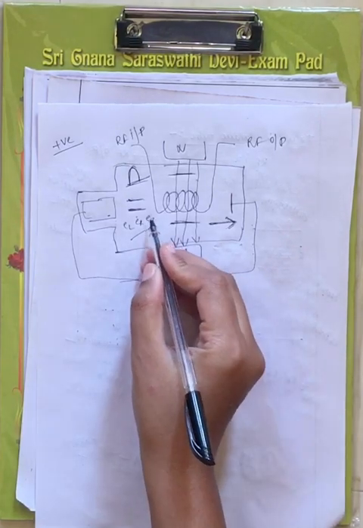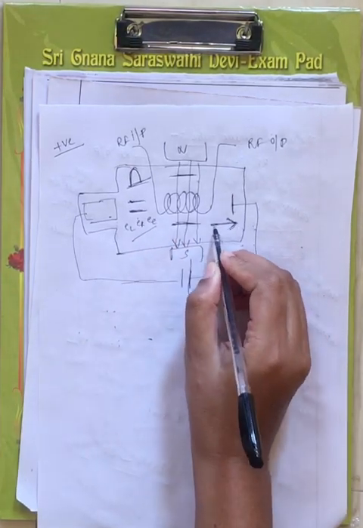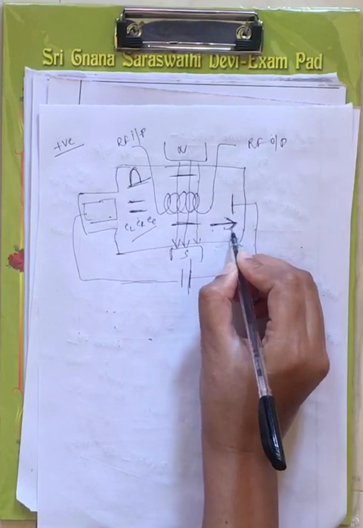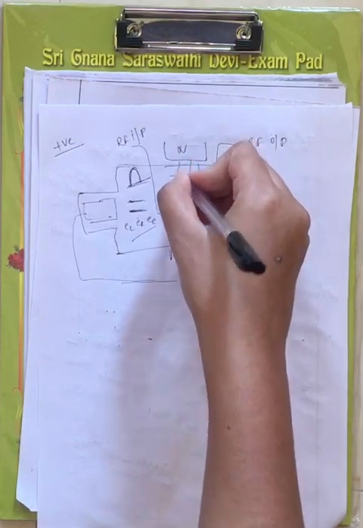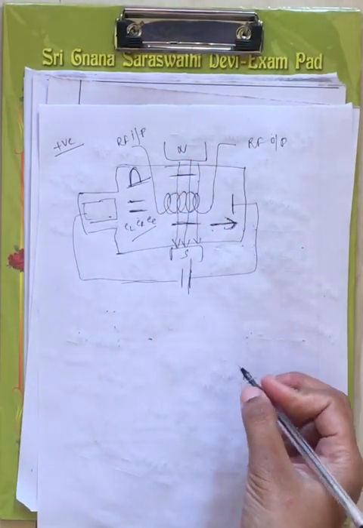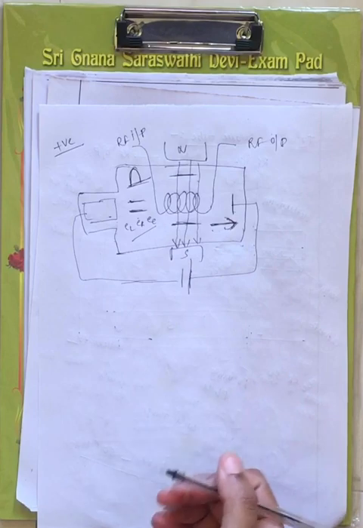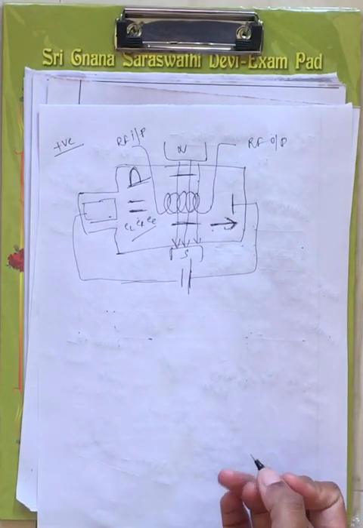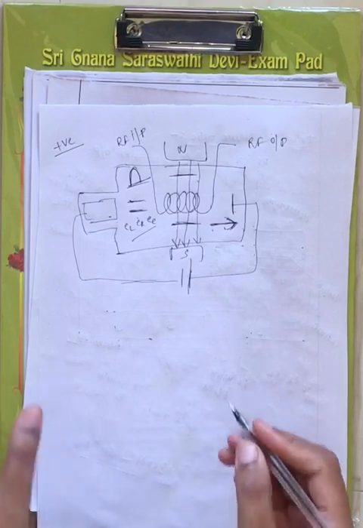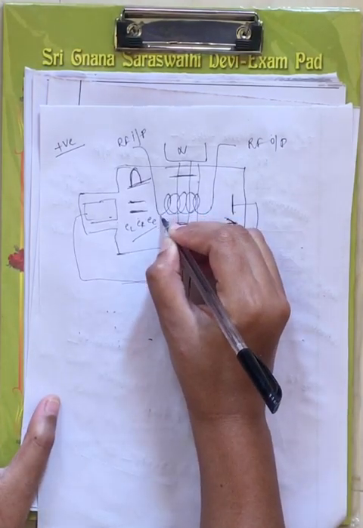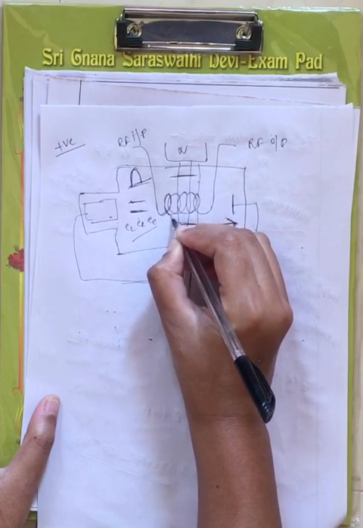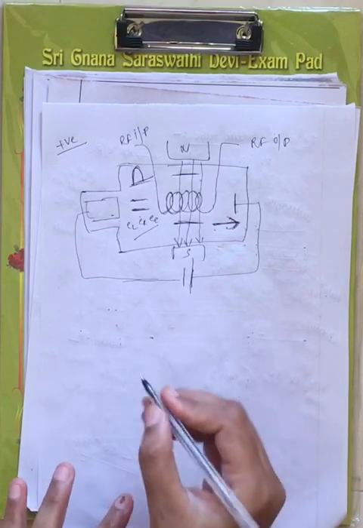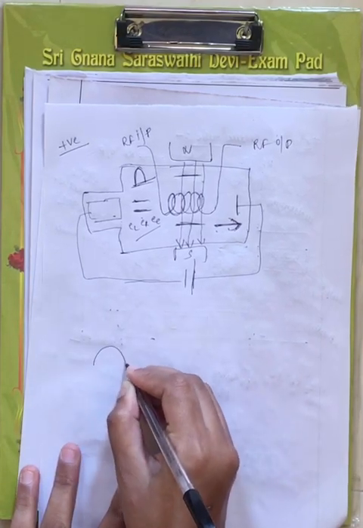Now electrons are traveling towards the anode cavity, and the direction of the electron, nothing but its velocity, will be in this direction, and the magnetic field is in this direction, right? Now what happens? The force acting on the electron will be an accelerating force, whereas for your negative half cycle it will experience a repulsive force, right? Now the electrons will travel slowly along this slow wave structure. I will draw this slow wave structure here from top view.